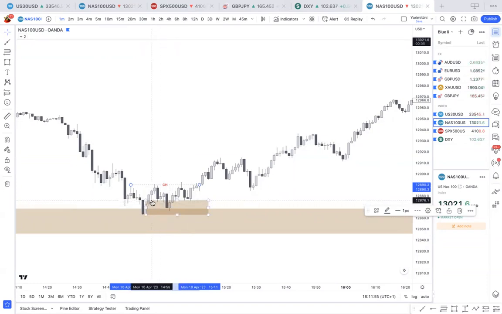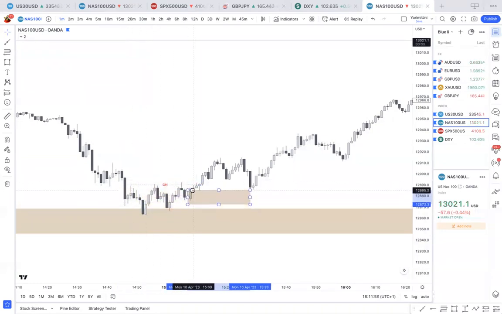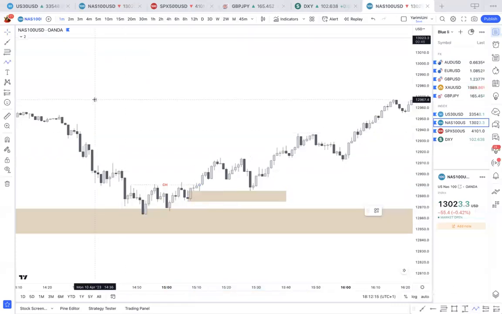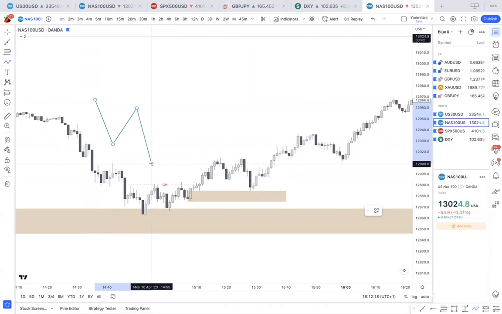So let's say I'd missed all of this, right? I would highlight this order block here and try to get in as close to this order block as possible. As soon as price tapped here, that's where you would buy, and then you can take that move up. Basically the idea is, when price tapped into your zone but you didn't enter, you're still going to see a smaller reaction, but you need to go to a lower time frame, depending on how much you've refined. If that was a 1 hour, I would just go down to a 15 minute and try to find a change of character based off that. But because this was a 5 minute demand zone, I had to drop even lower to a 1 minute.